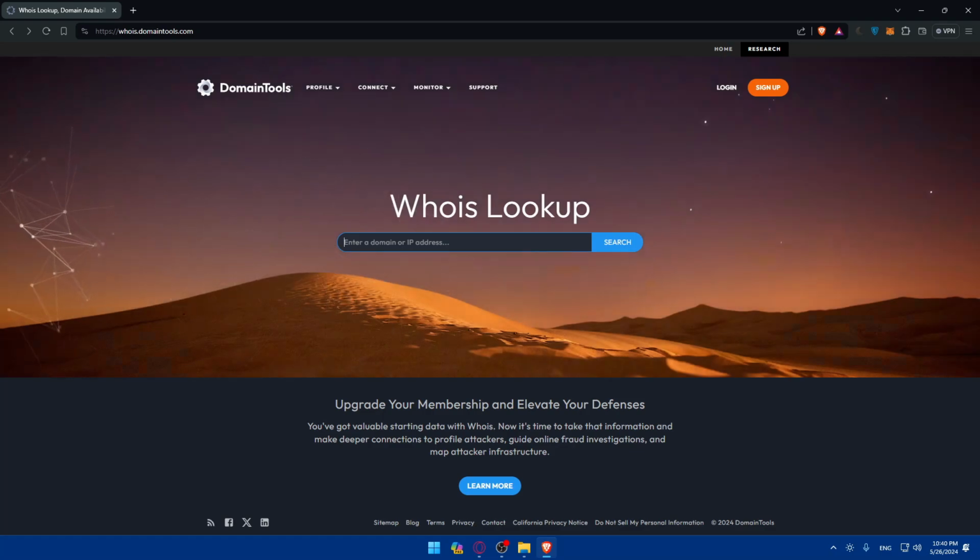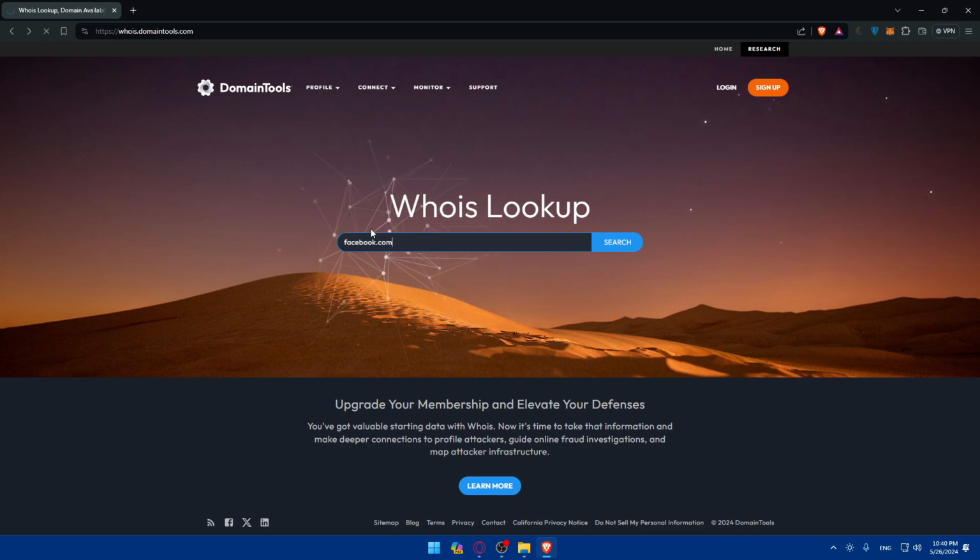So other than that, if you don't want to use this Whois lookup service, you can check the domain registrar information. For example, if the Whois information is protected by a privacy service, the domain registrar may still provide a way to contact the owner. You can look up the domain registrar's contact information in the Whois result. So as an example, if we type here, I don't know, maybe